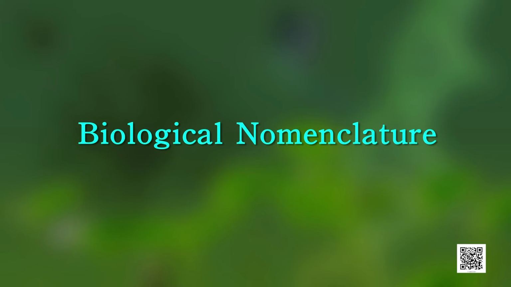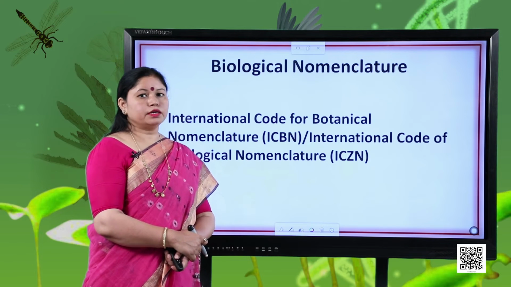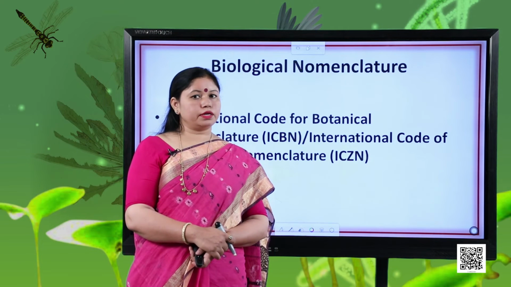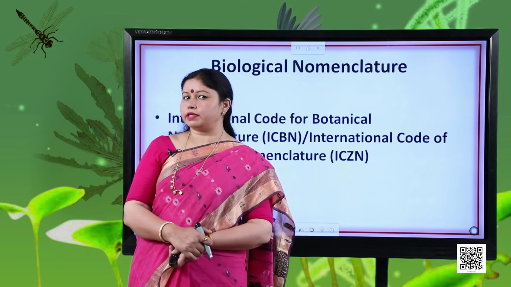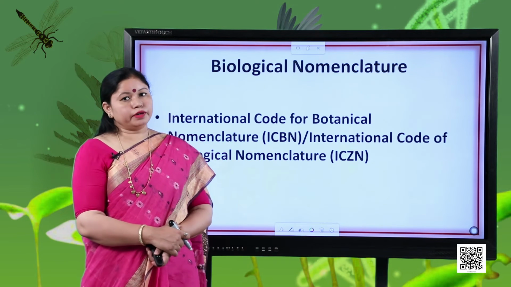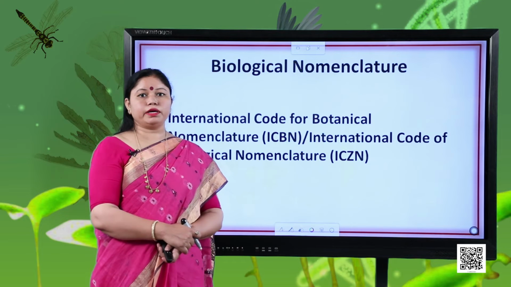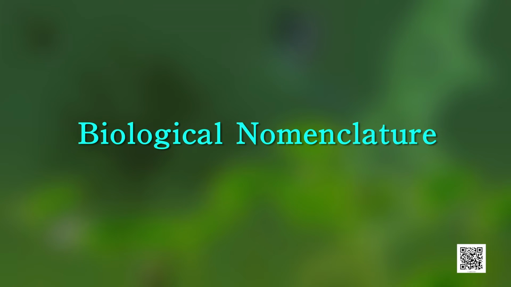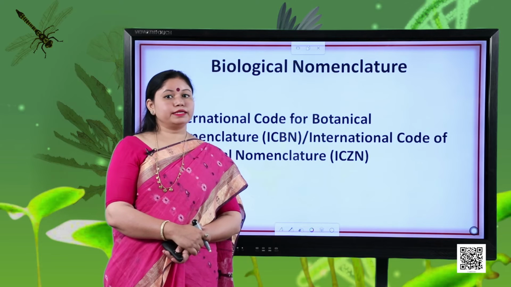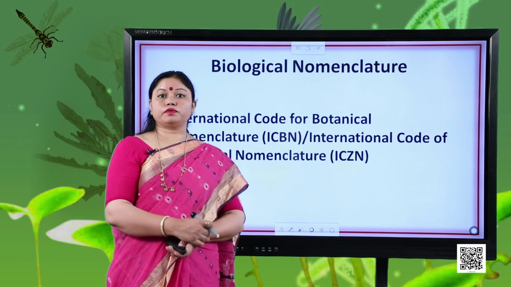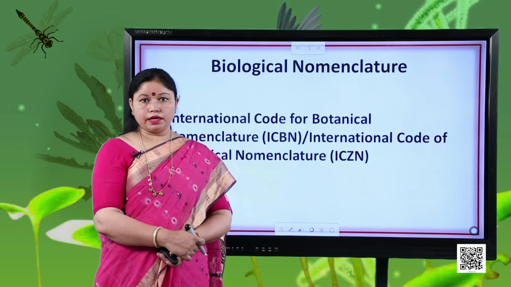When you are observing such an enormous biodiversity, you will notice that some of these things are known by some name in a particular region, but if you go to some other region, the name will change. So, it becomes very difficult to understand which organism you are actually talking about when you are describing an organism. So, there is a need to devise some mechanism to provide names that are